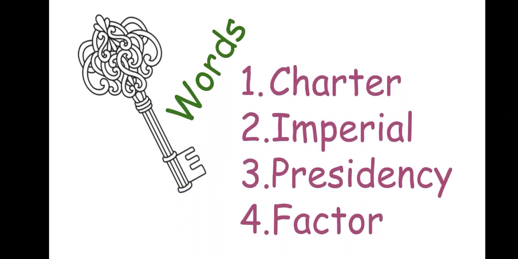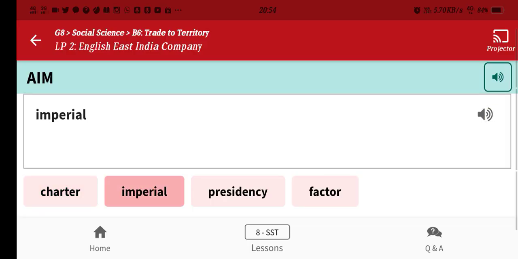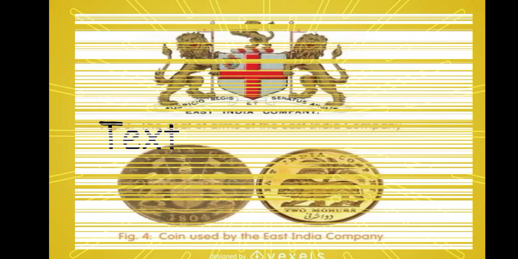lesson plan. Now moving further, here are the keywords. Those will help you in your lesson. Now we will listen to the pronunciation of all these words. Charter, Imperial, Presidency, Factor. So you have heard all the pronunciation of these words. Now we will move further for the